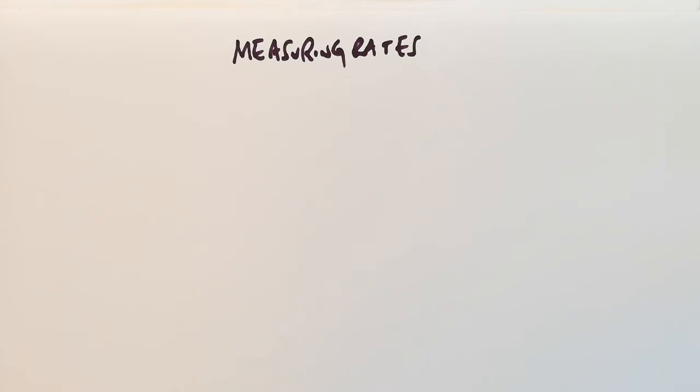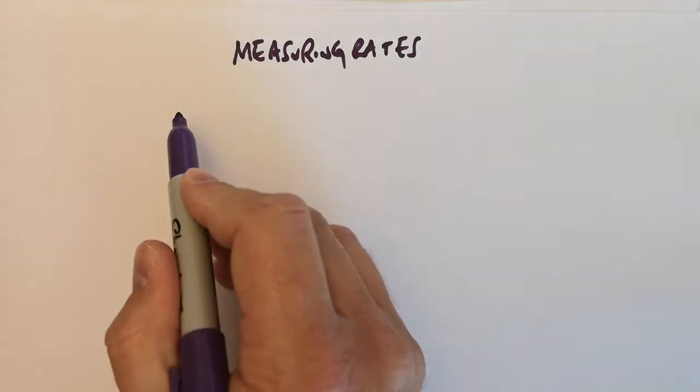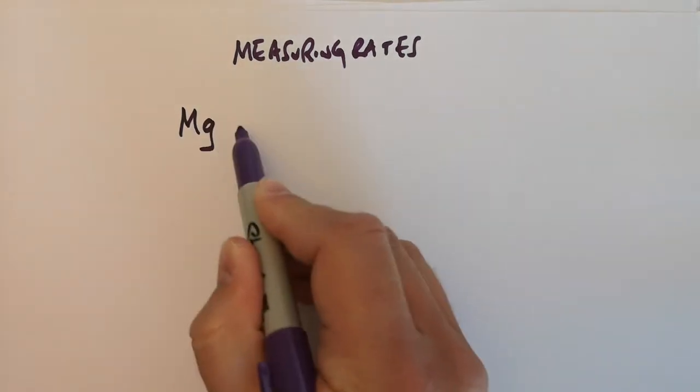This is about measuring rates. So setting up an investigation that would produce reliable data for us to determine the rate of a reaction as a reaction proceeds. Now at Year 12, the sorts of reactions you will have to do this with are reactions that produce gases. So common reactions that you will have seen that produce gases would be something like magnesium plus